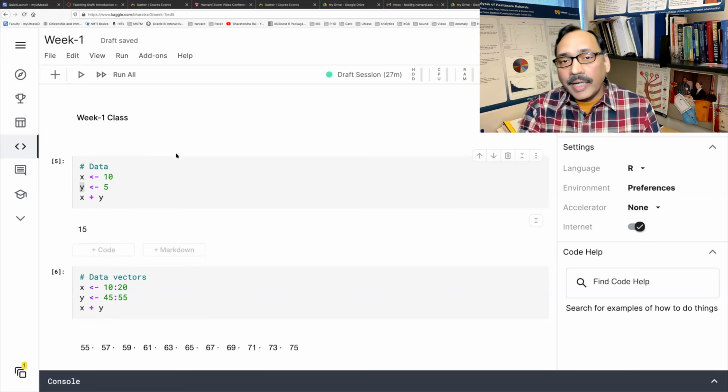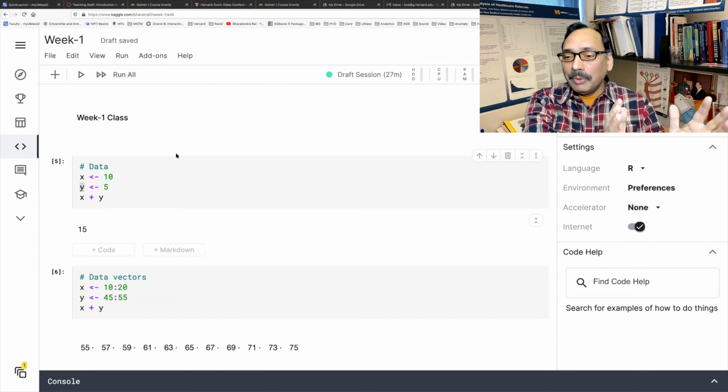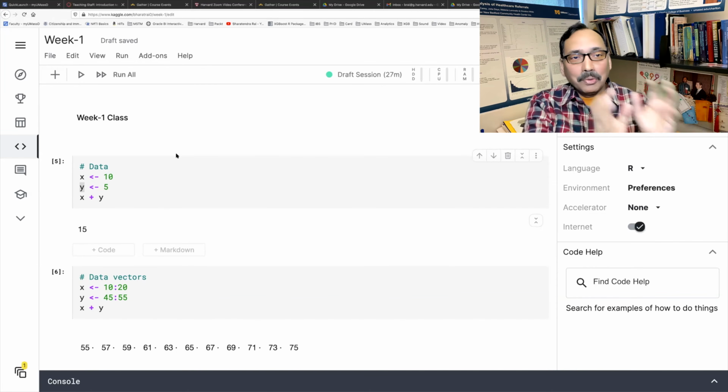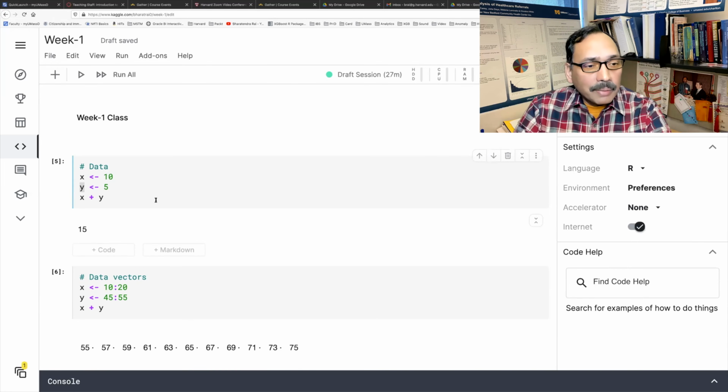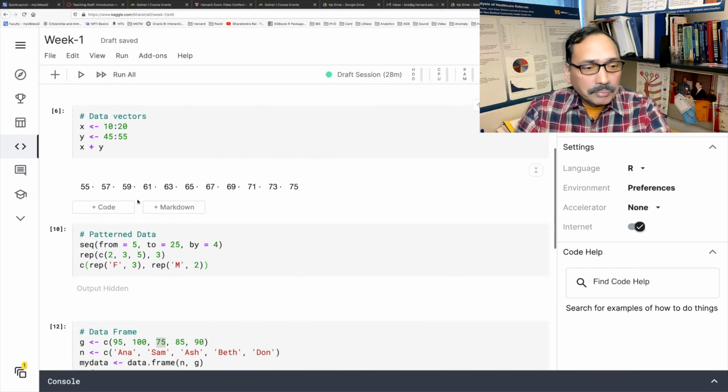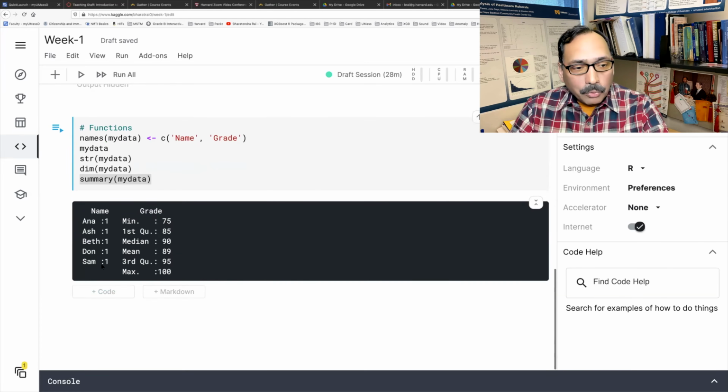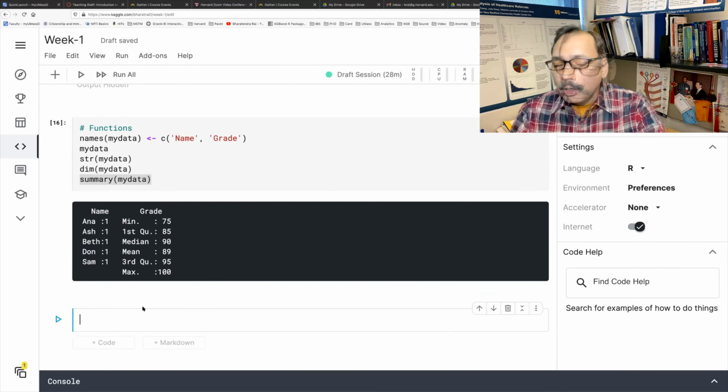I can understand that depending on what computer you have, if you have a laptop, you may be using part of the screen to see what I'm doing and part of the screen to follow. And sometimes it can make things difficult. So I'm going at the bottom and I will click plus code.